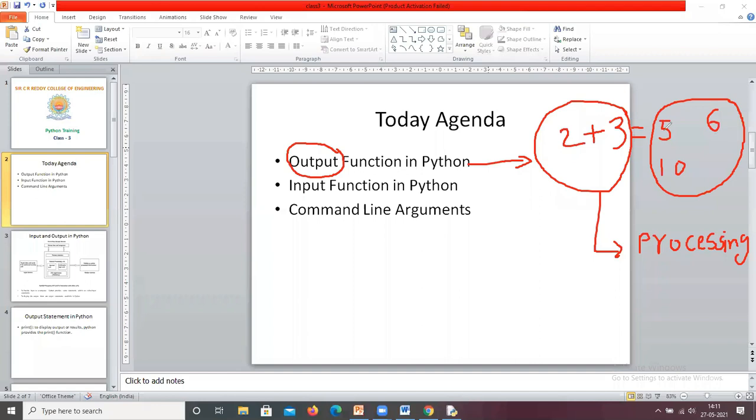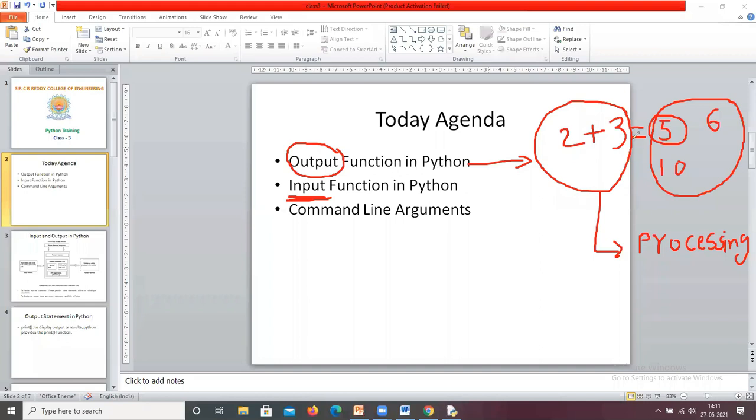Now here, I am giving the input 2 plus 3. How are you receiving this 2 plus 3? By using your ears. That is the input device in a human. Now you are saying 5. How are you saying it? By using your mouth. That is the output device.